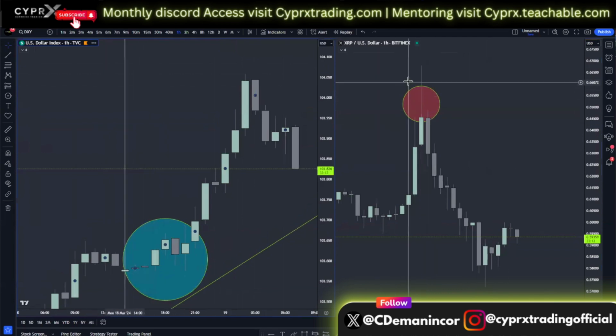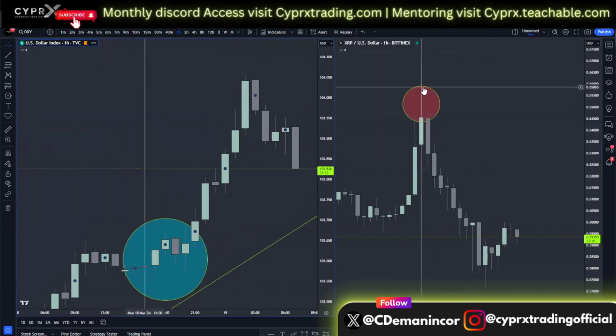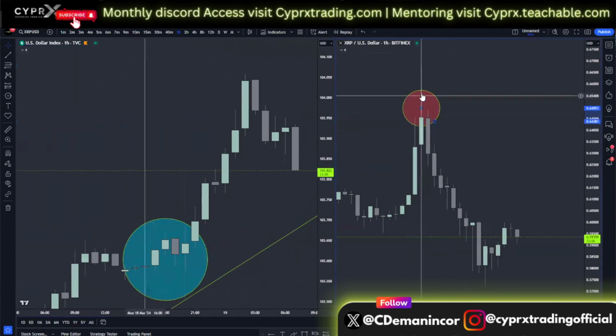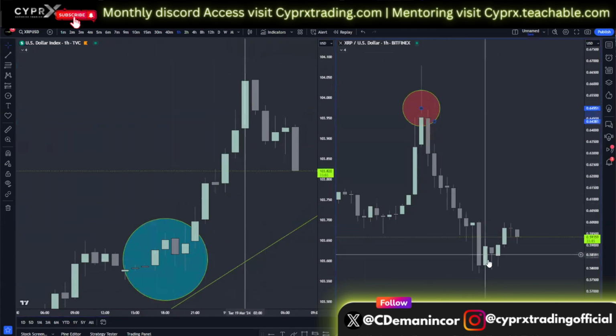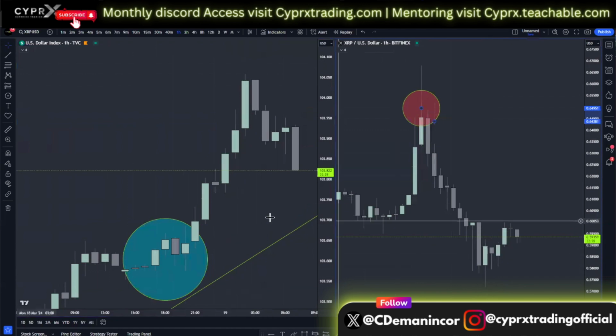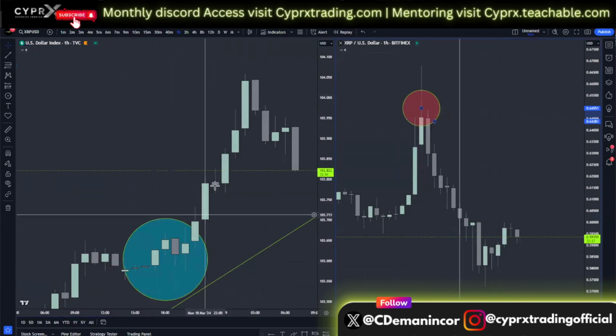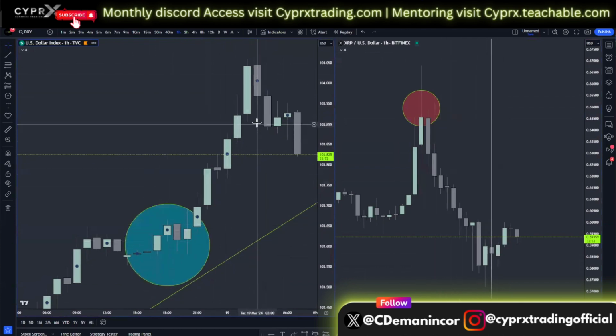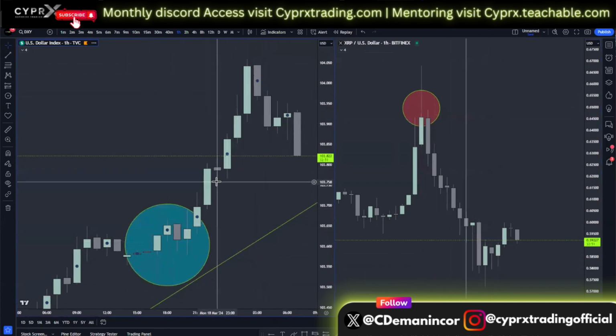Inversely, on the opposite side of the spectrum, on the right-hand side, we have XRP. XRP, this red circle, is the same exact time where this blue circle is on the dollar, and you can see the outflows of XRP, i.e. a risk asset. Outflow of risk assets, inflow into a safe haven asset, i.e. the dollar. So this is, again, why it's important to understand where money is flowing in and out of due to these economic indicators, right?